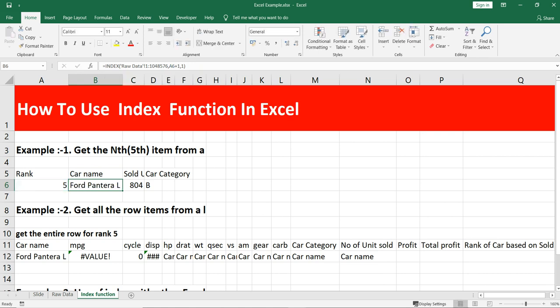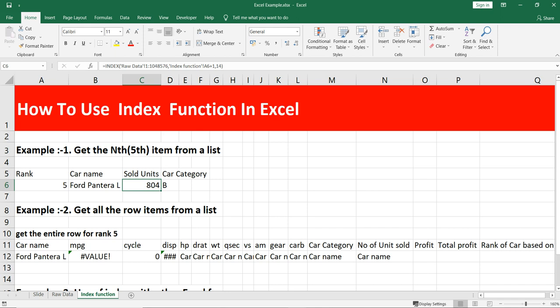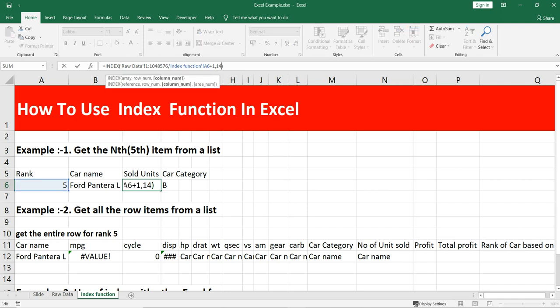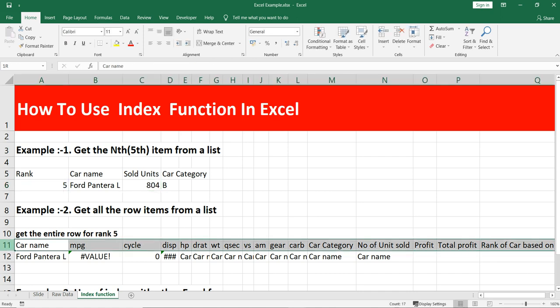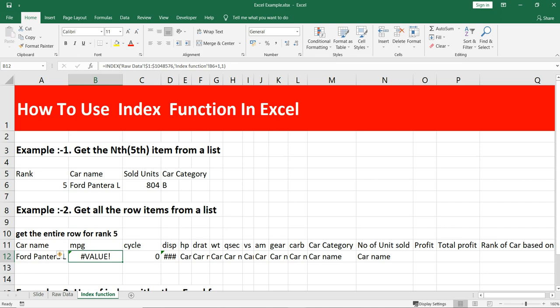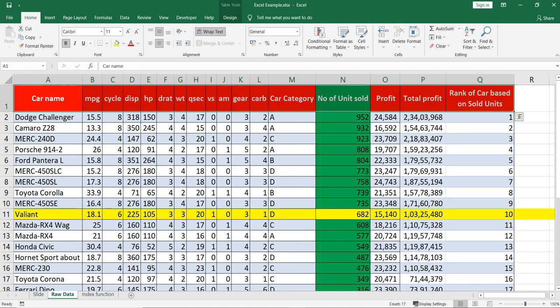For unit sold, we used column 14 because we knew that the column number won't change. Now I'm showing you this example so that you can get familiar with multiple formulas that you can use within the index function. In a simpler way, you can think that the car name is at column 1, then the MPG is at 2, cylinders at 3, displacement at 4.